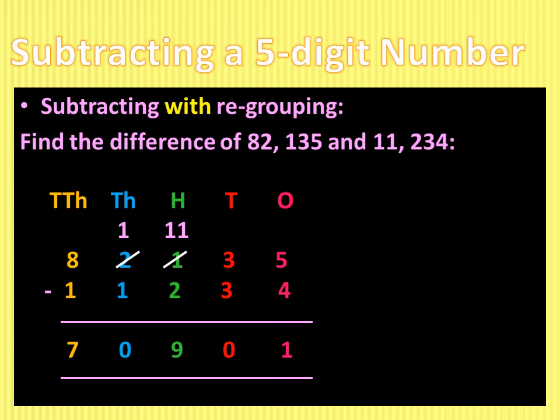Now in this 5-digit problem, we will see that we will have to regroup these numbers again. For example, starting from the ones, we have 5 minus 4 is 1, so we write 1. 3 minus 3 is 0, so we write 0. Now we cannot subtract 2 from 1. So 1 again borrows from its higher places at immediate left. So it gets a 1 from thousands. So after getting 1, it becomes 11. 11 minus 2 is 9. So we write 9. At thousands, 2 now becomes 1. So 1 minus 1 is 0. At 10,000s place, we have 8 minus 1 as 7. So you see, you can go on till any digit number. The method for subtracting is still the same.